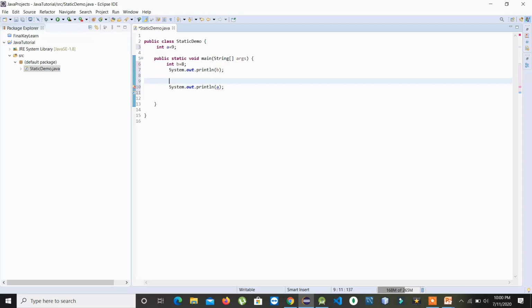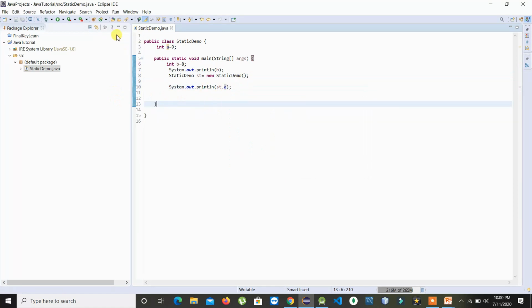Well, first of all, we'll create an object. And after that, when we try to access it, there is no error.